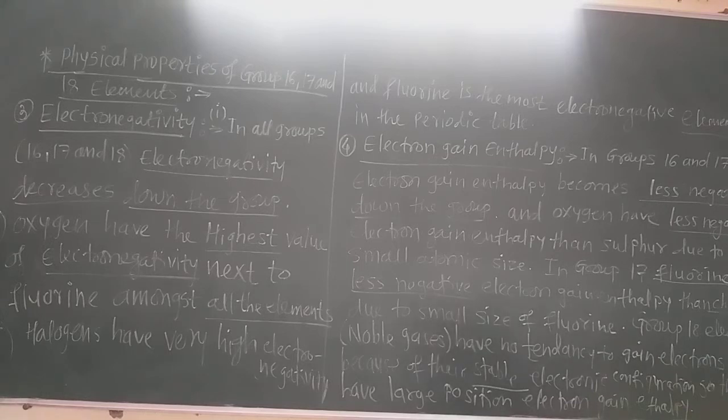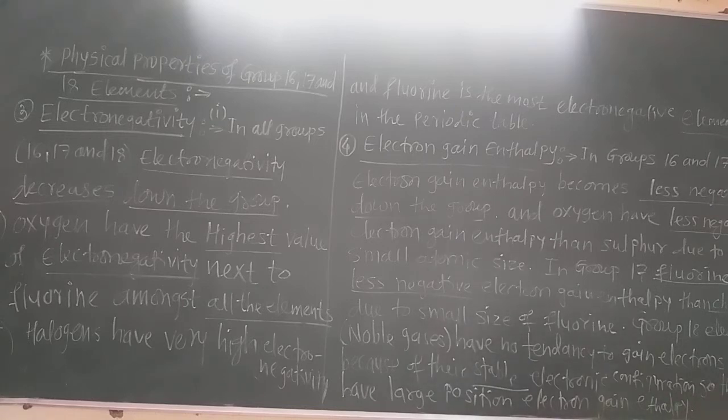In magnitude it is about 4 units, and after that oxygen is there. So in the 16th group, oxygen is the most electronegative element, and in the 17th group, the halogen family, fluorine is the most electronegative element. And generally in all the periods, the 17 group elements have the large value of electronegativity. As we go from left to right in the period, the 17th family elements, the halogen family, have the highest value of electronegativity.